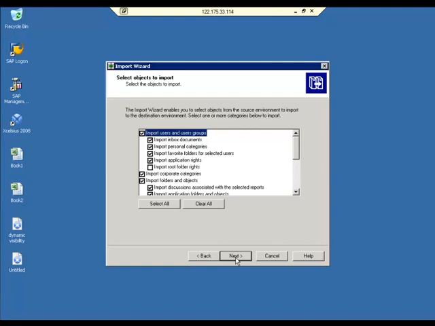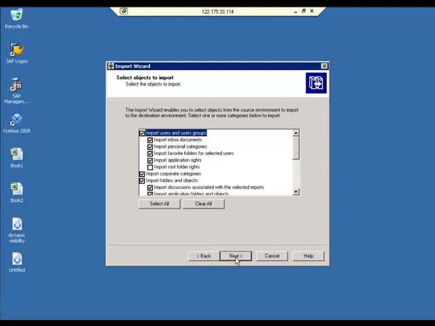When you see here, you have a lot of objects to select and import. Generally, whatever you created in the dev, you created folders, you created reports, you created universes, and you give access for the folders and groups. You have users, you have groups, you have folders, and each group has separate access to folders, and you have a lot of reports there, and you have universes, and you have connections. All that you need to import. If you want to import only universes, you can. If you want to import only reports, you can. If you want to import all at a time, you can. Whatever you want, you can.